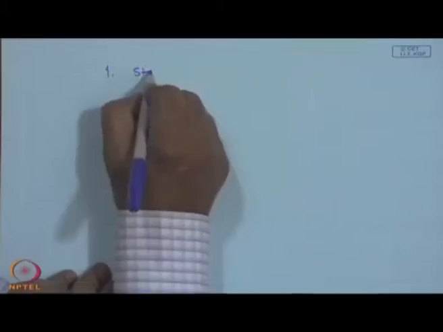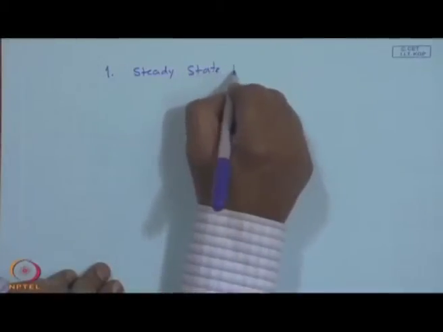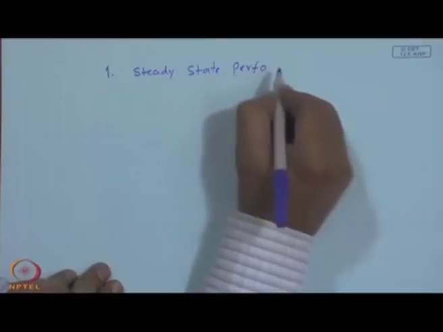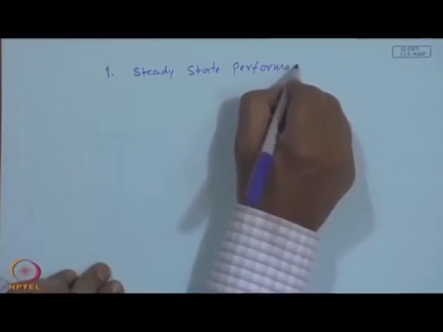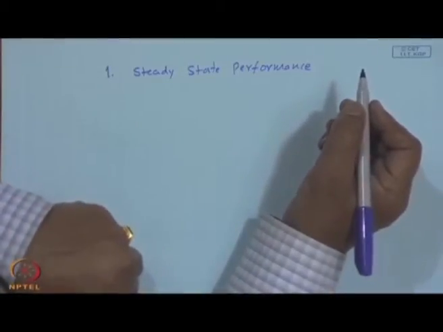Often in heat transfer we make the assumption of steady state etc., but in the case of solar collectors and in general environmental systems, that steady state has an implication and is a deliberate assumption. First is steady state performance. We are going to obtain the performance of a liquid based solar collector for the time being under steady state conditions, which means